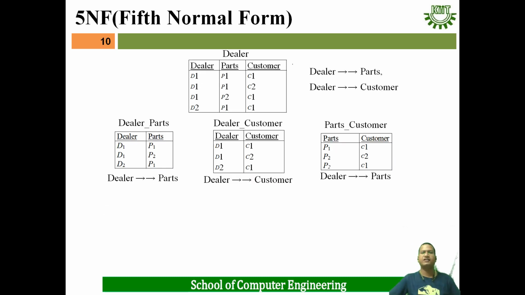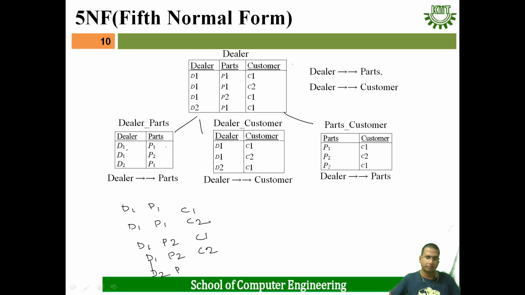Then we will see if we divide the table into multiple parts, that is three sections. That means in one table dealer and parts will be there, in another table dealer and customer will be there, and in another table parts and customer will be there. Then if we do the natural join, whether we will get all the rows or not. D1 P1 C1, then D1 P1 C2, then D1 P2 C1, D1 P2 C2, then D2 P1 C1.